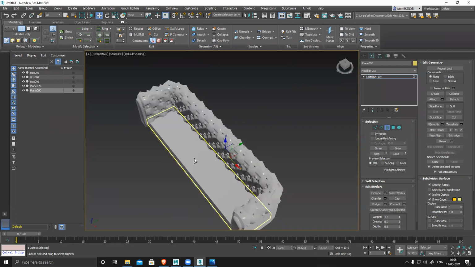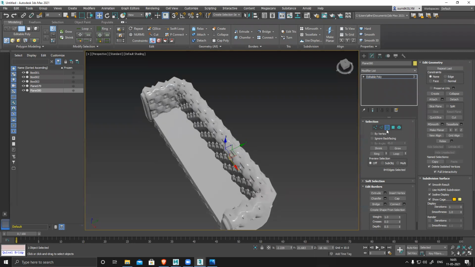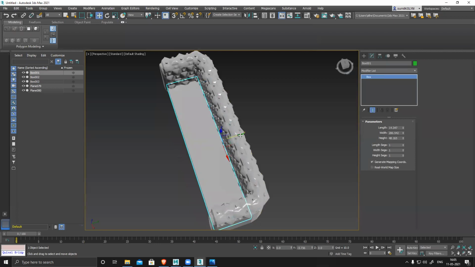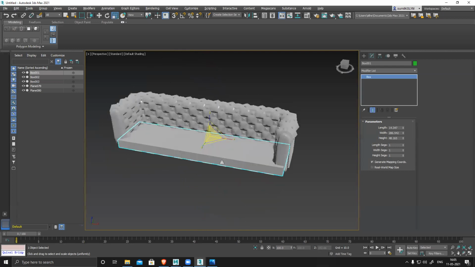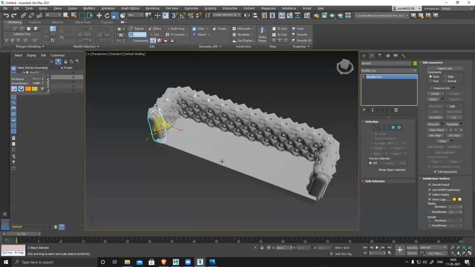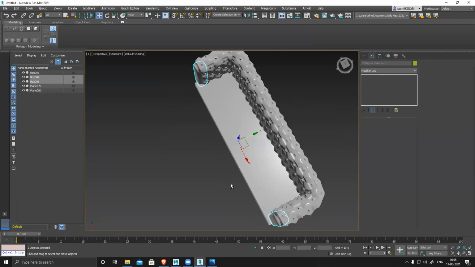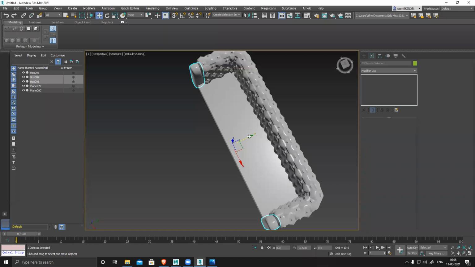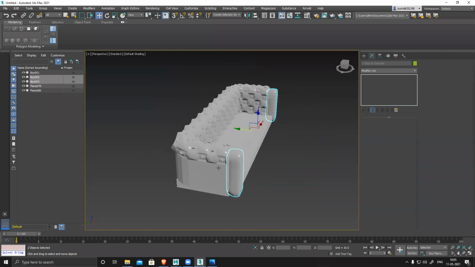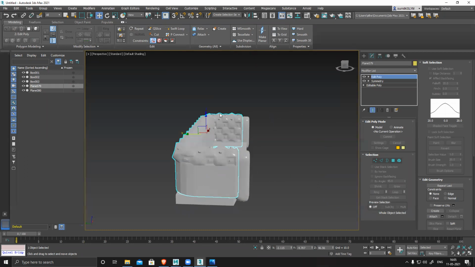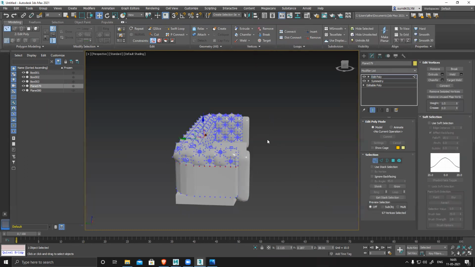Only the distance I feel is a little less. Now we have this section, and I can see I need to extend this slightly.